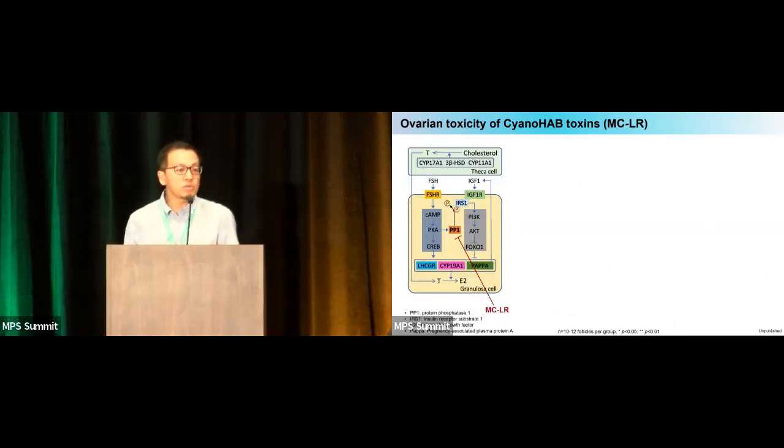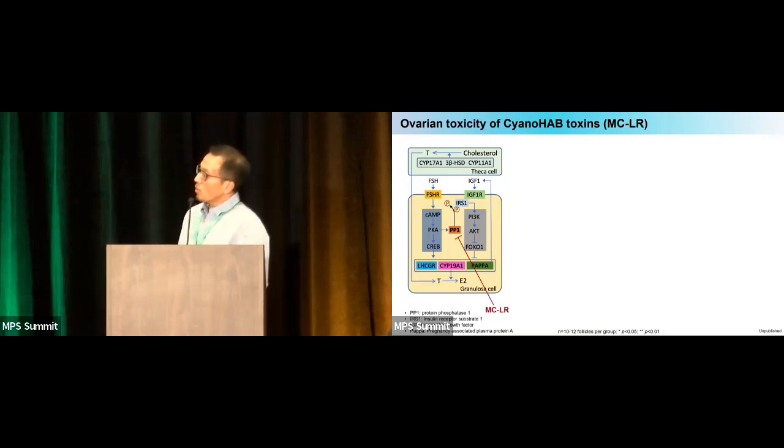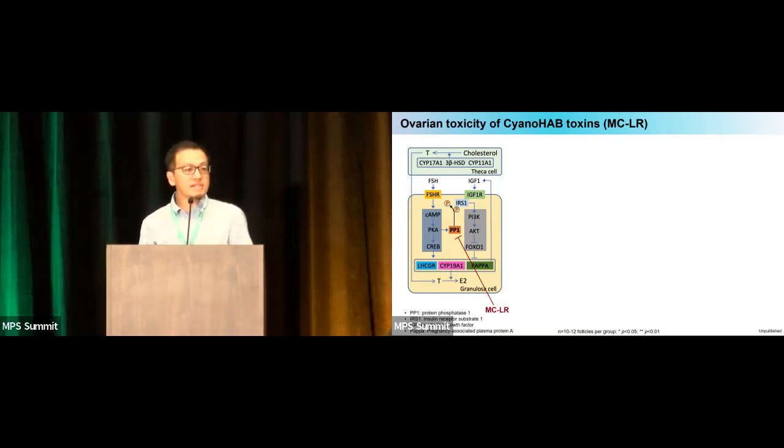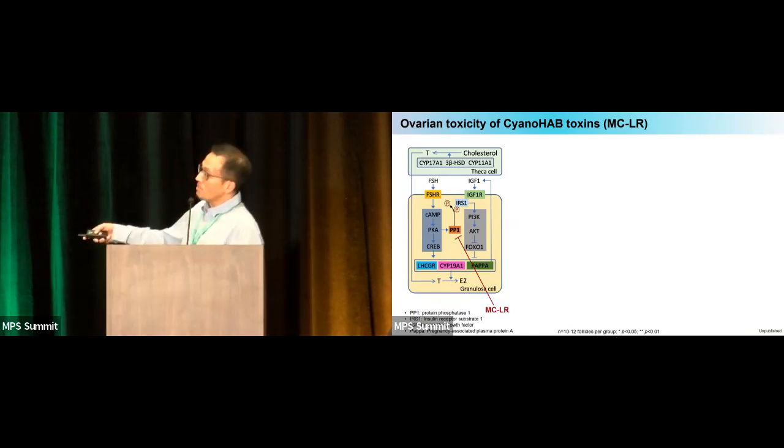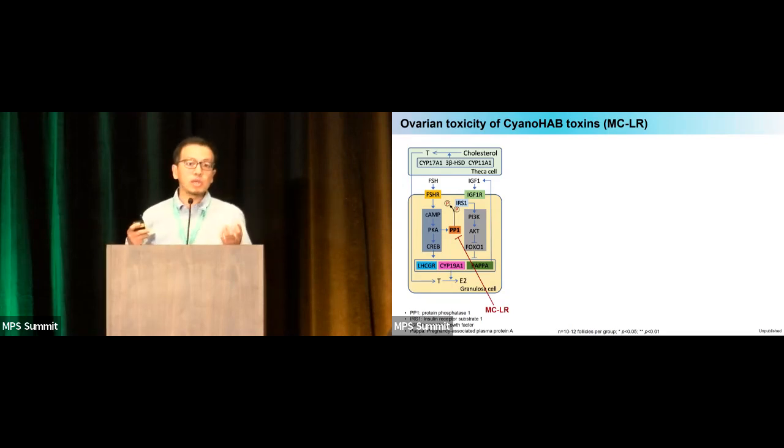So for the next part, we also want to know whether we can use this model to study the mechanism. What has been found is that microcystin is a selective inhibitor of protein phosphatase 1 and also 2A, PP1 or PP2A. And we also know that PP1 is a key mediator to activate the PI3K-AKT signaling pathway during follicle maturation. So we hypothesize that maybe that is also the mechanism by which microcystin can inhibit follicle maturation so it cannot